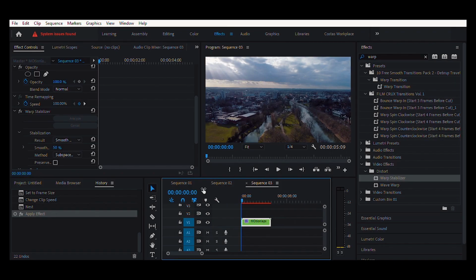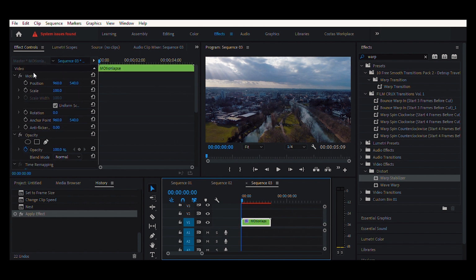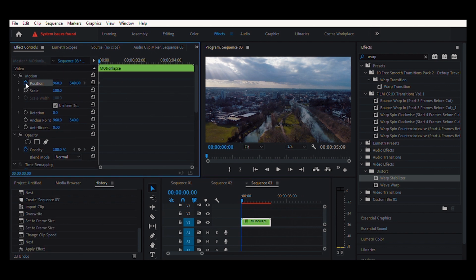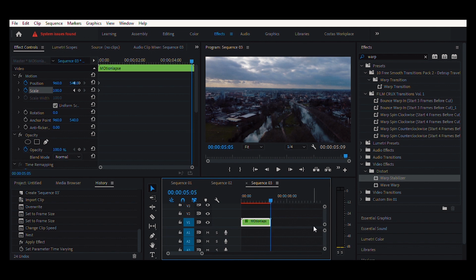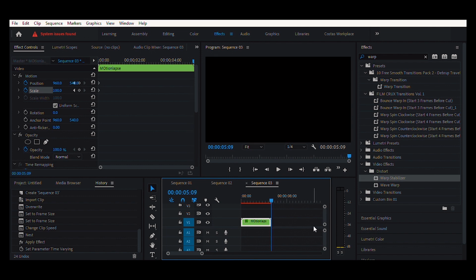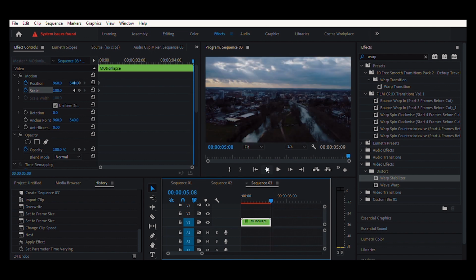So now I will do exactly that. I will put some panning. So how you do that is go to your effects, put keyframe on position and scale, or if you want rotation, you could do that. Then go at the end of your clip, and here it's when it finishes.